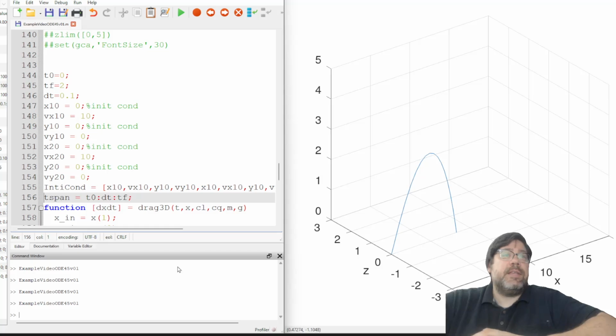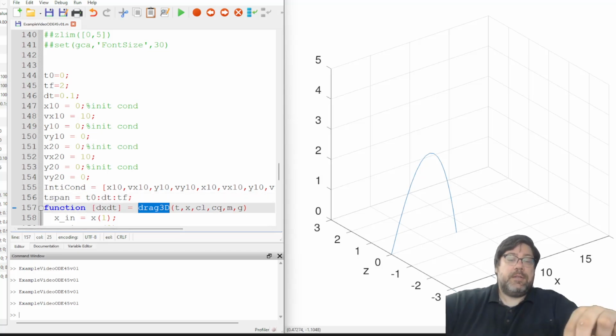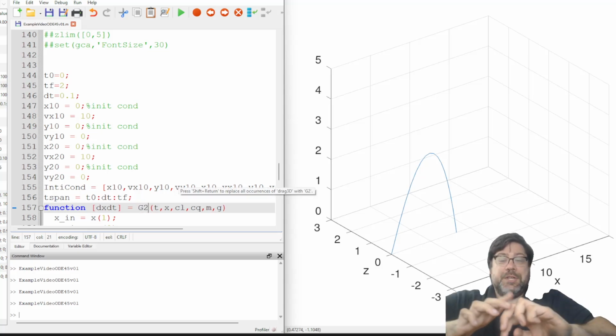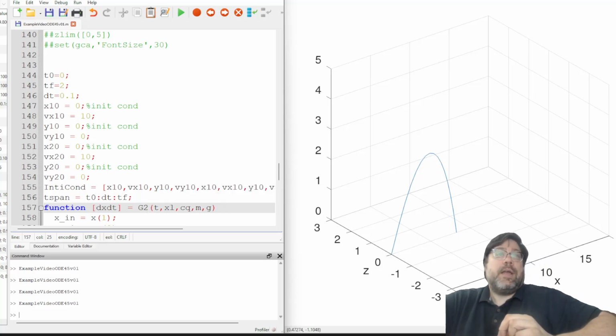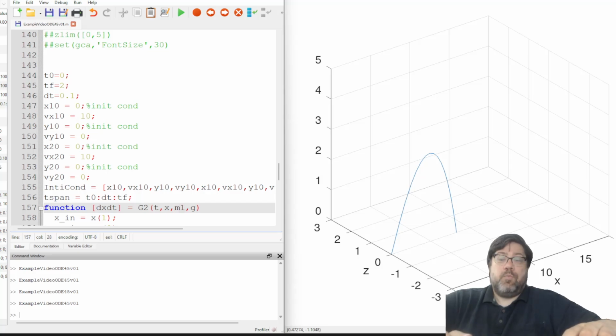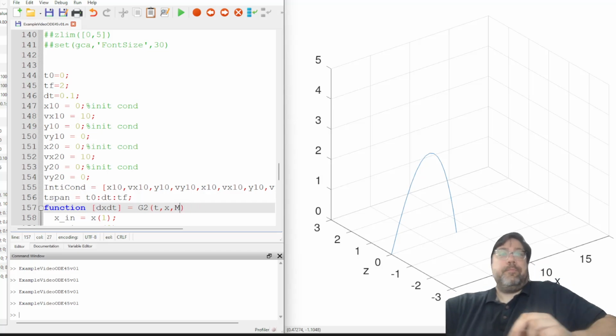Let's do the same time span. And let's just call this, I'm going to call it G2. So this is going to be the gravity between two particles. All right. And for good measure, let's call this M1. Well, let's just call this M. All right. So